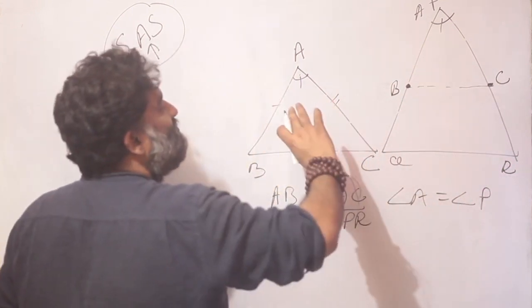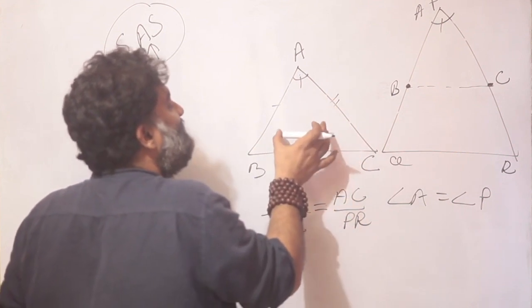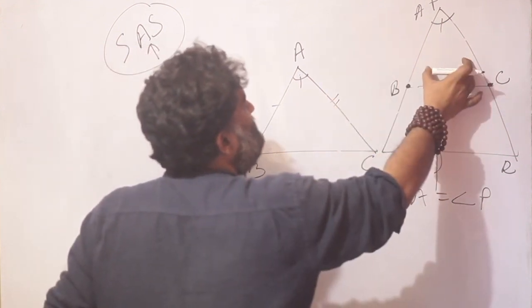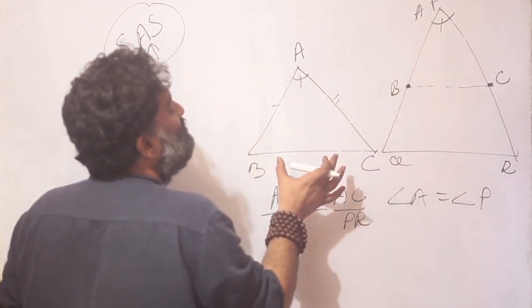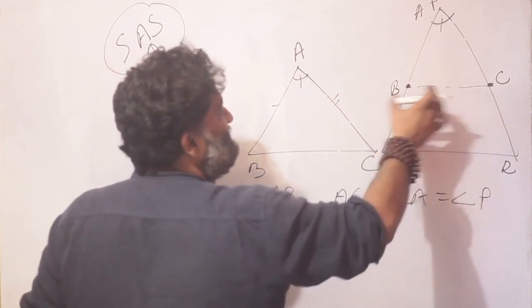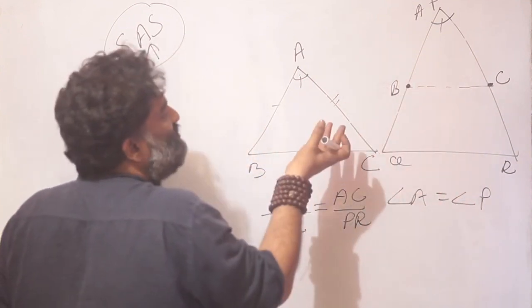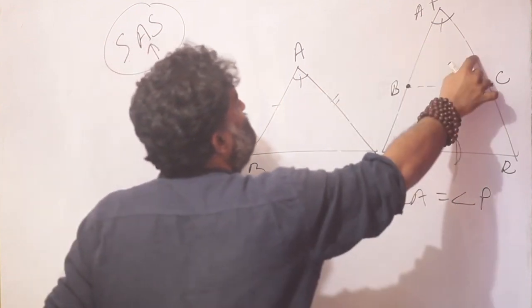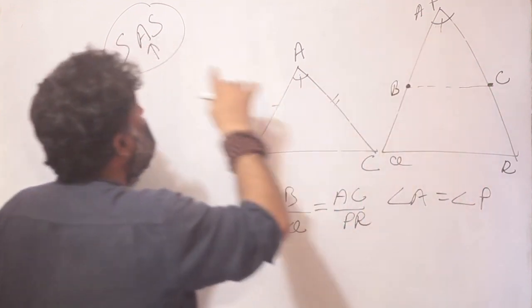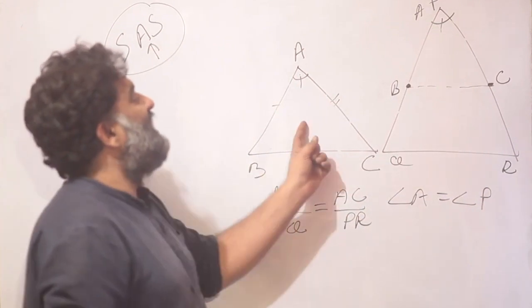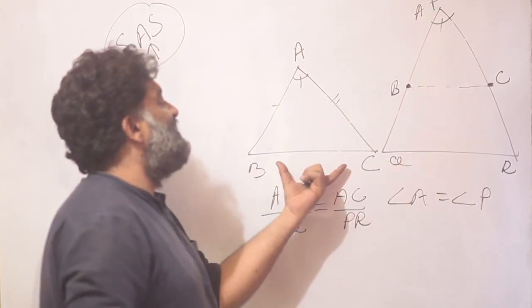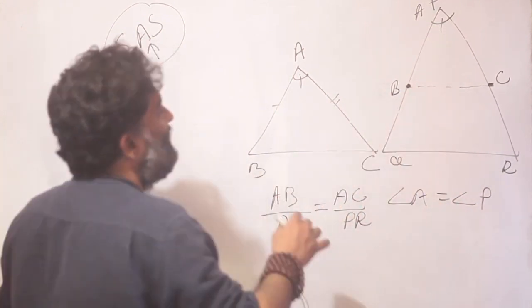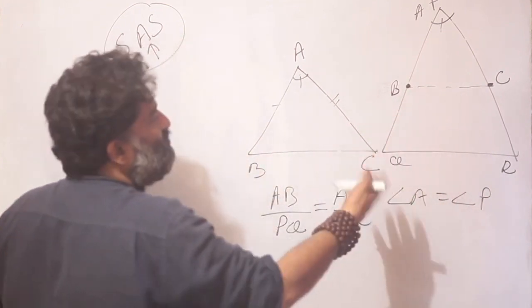For starters, you have to do another thing. You have to prove that this triangle is congruent to this triangle, because then you will be able to prove that BC is equal to BC exactly. So, and that is going to be very easy. Side is equal to side, side is equal to side, and the included angle. So the SAS from congruence, I know this triangle is the same as this triangle and this is the same as this, right? But I won't even need that to prove what I am proving.